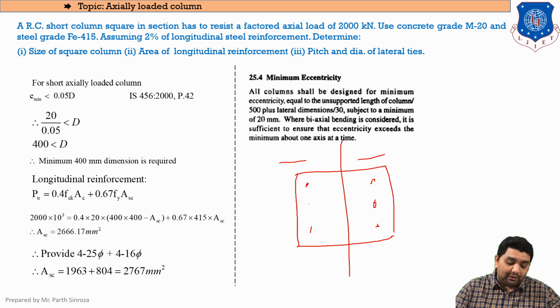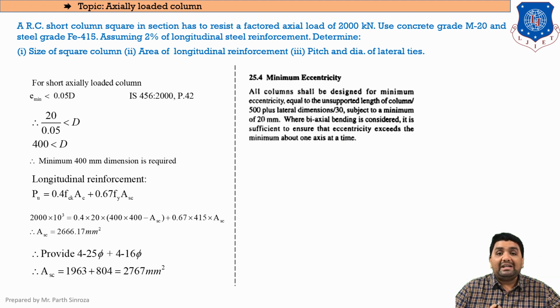So for columns particularly, you always need to provide an even number of bars, that is, the minimum number of bars for a rectangular or square column should be 4, and the maximum can be up to 8 or 10. Clear? And the minimum number of bars for a circular column, as we discussed in the last section, should be 6. So keep this in mind while finalizing the steel content.